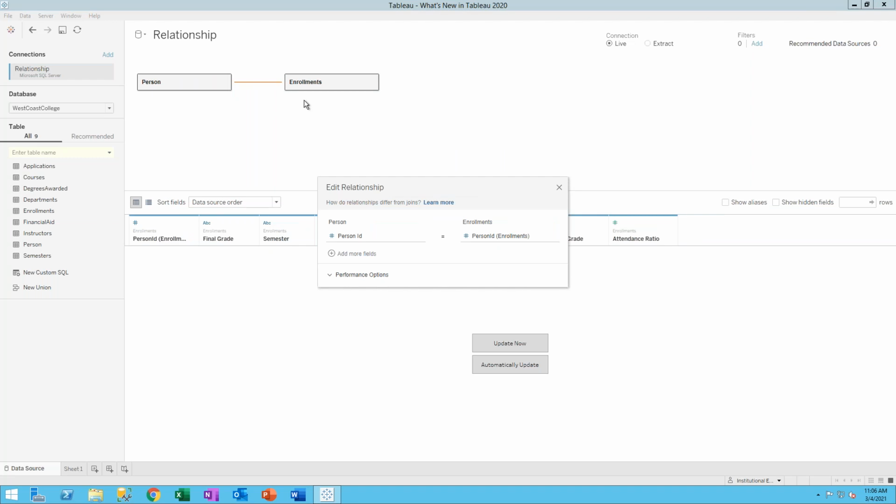However, this is now the default connector. So it's a relationship versus the traditional table join, right? And we can see in here that instead of a join, it is setting up a relationship. It says, okay, we see the person table, we see the enrollments table, we see all of the,